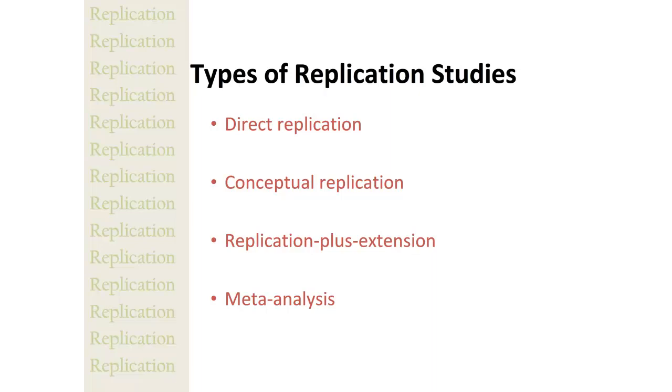You could do a replication plus extension. Here, you're going to do a direct replication study. I think your textbook talks about the effects of using a hands-free cell phone on driving ability. The original study was with young adults, so maybe teenagers, early 20s. In a replication, you would do the same thing. So you want to see the effect of hands-free cell phone use on driving ability in teenagers and people in